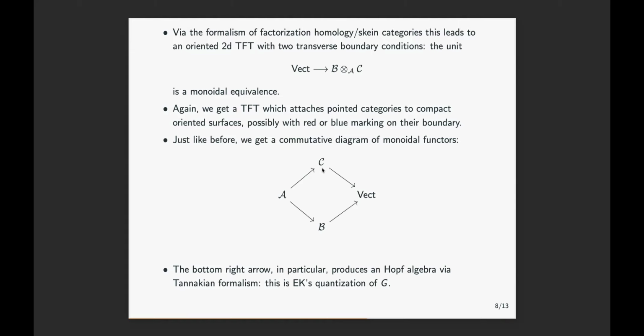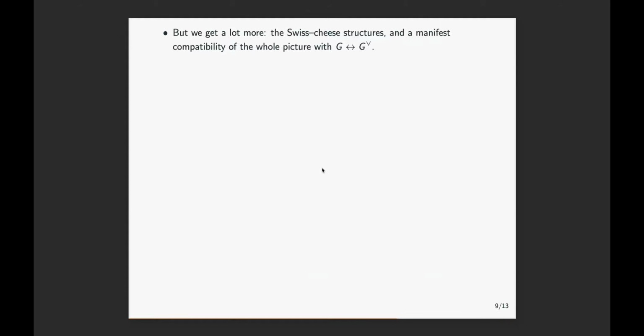And I claim this is a quantization of G. So if you only care about that, all of this was just to construct this map. This was the thing that was sort of hard to construct. And the claim is that one way to construct this map from B to Vect is to construct this sort of thing, and then use this boundary condition as transverse to get something into Vect. But of course, we get much more than that, and there's a kind of symmetry in this diagram that we want to use somewhere. So even if the quantization of this is not everything, you have a lot more structure than that.